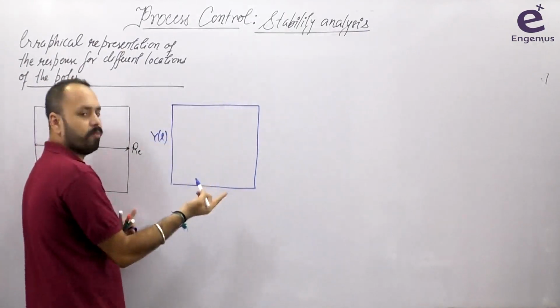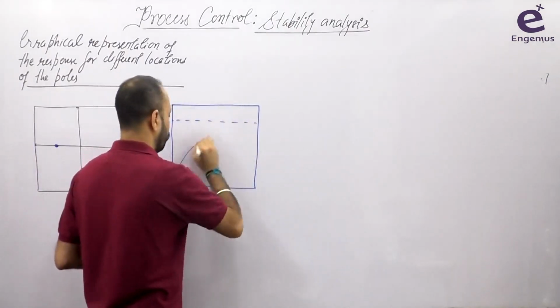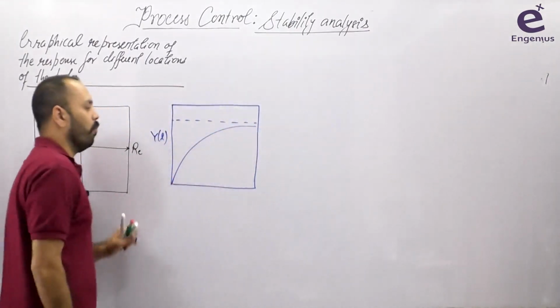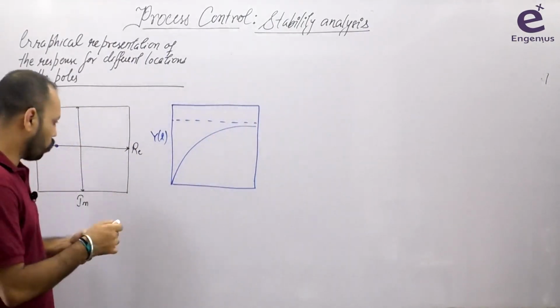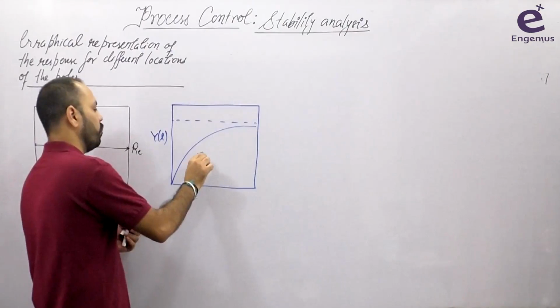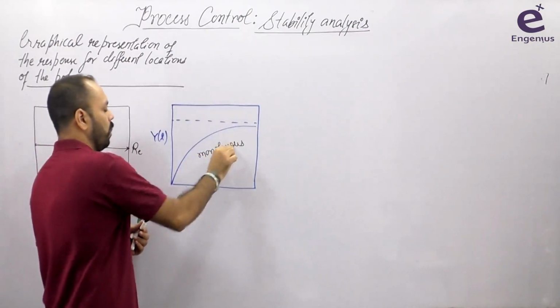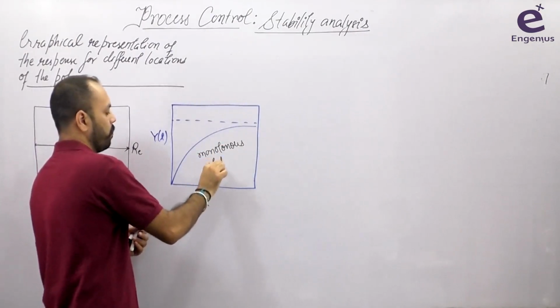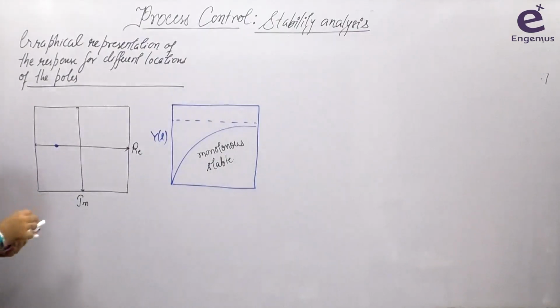You have to make a monotonous and stable response. Suppose this is the ultimate value and it will be like this. This is called monotonous and stable. This kind of response will be there. It will be monotonous and stable. Suppose we have another case, now the pole is